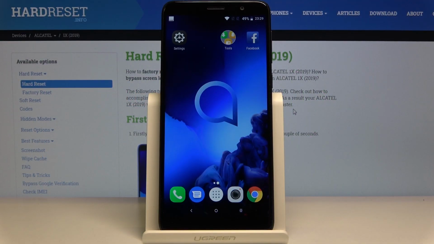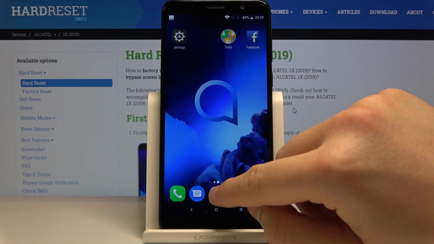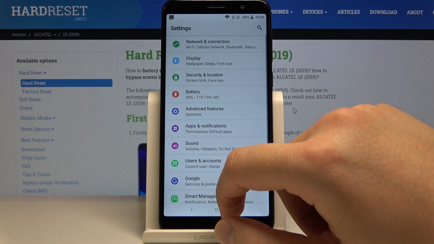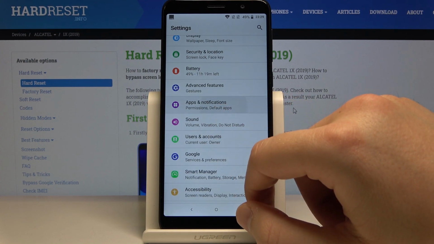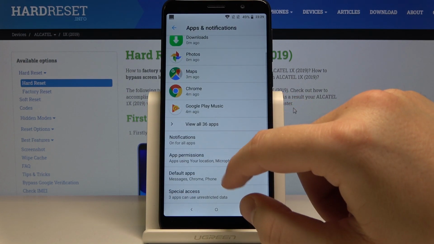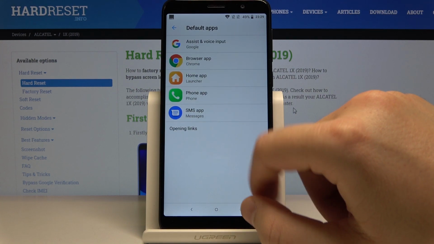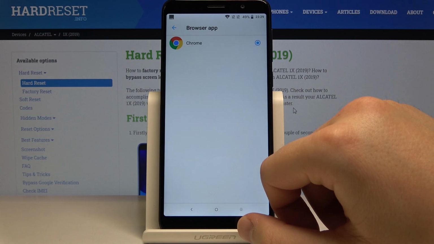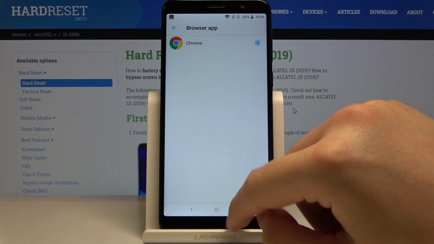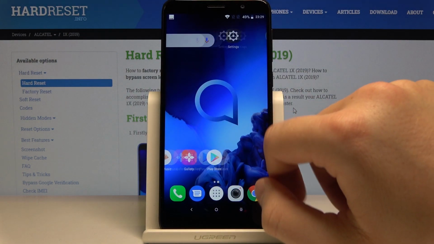Welcome. If you wanna change default application on your Alcatel One X 2019, let's enter settings. Now we have to move to the apps and notifications, click on the default apps, and for example we can go for the browser, but as you can see currently we have only one browser, so